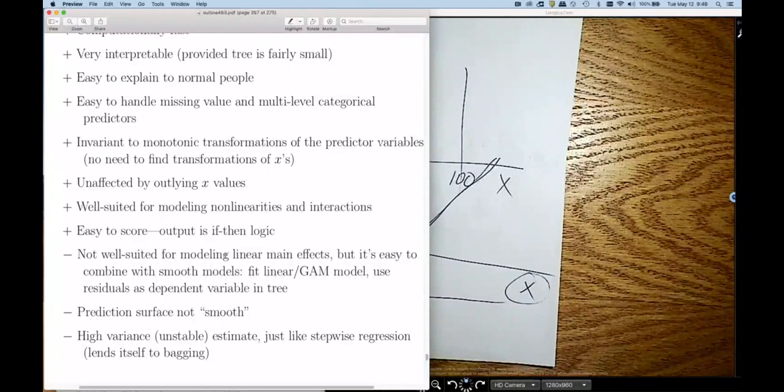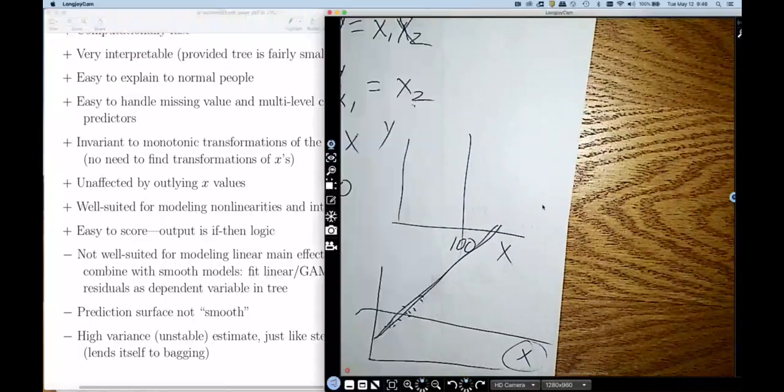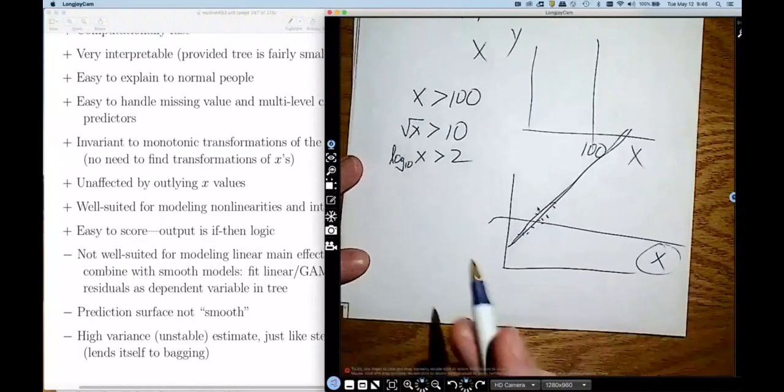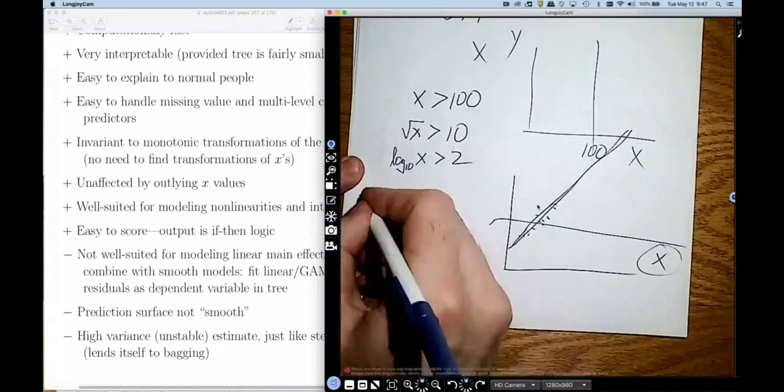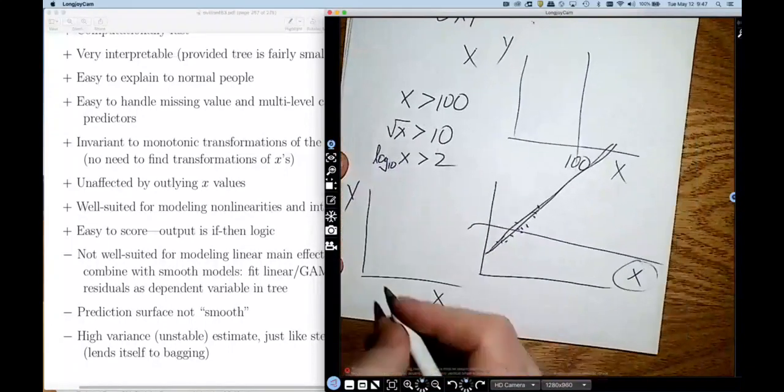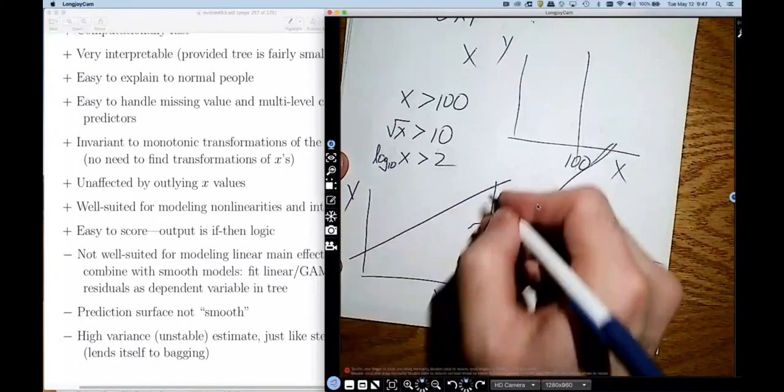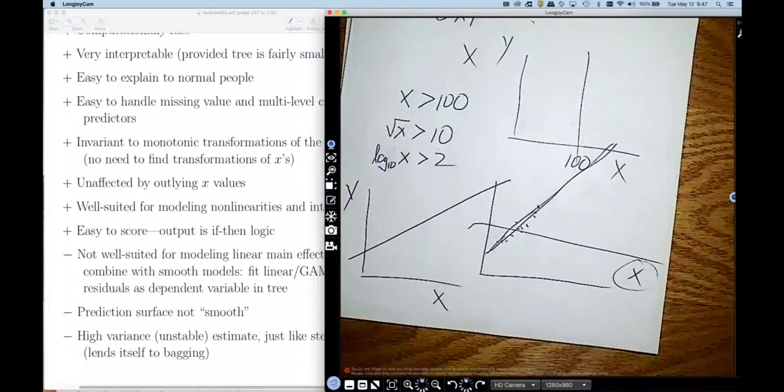Not well suited for modeling linear main effects. So what I mean by that is if your true function looks something like this. So here's x and here's y, and maybe my true relationship is that. Well, how do I